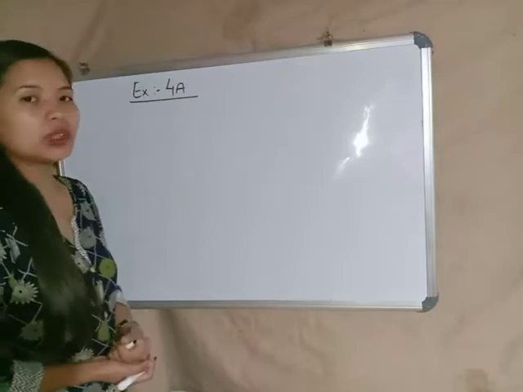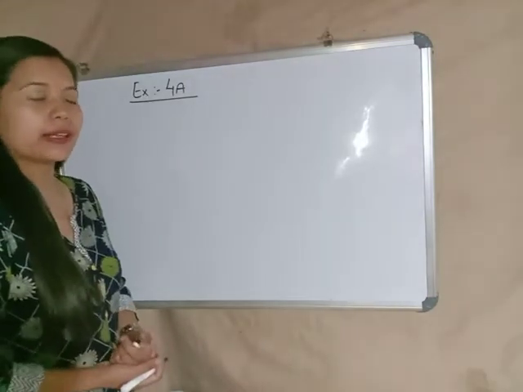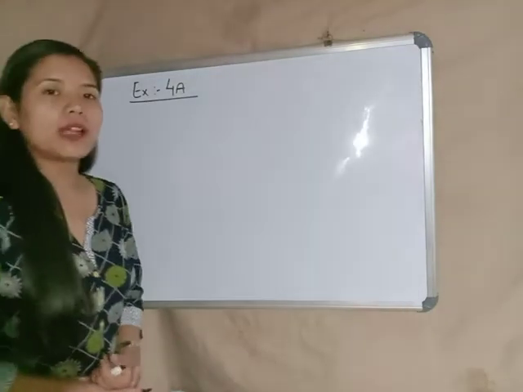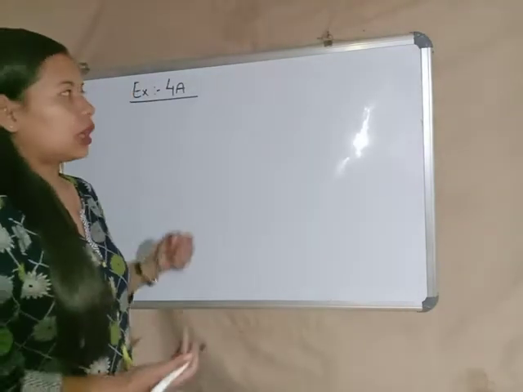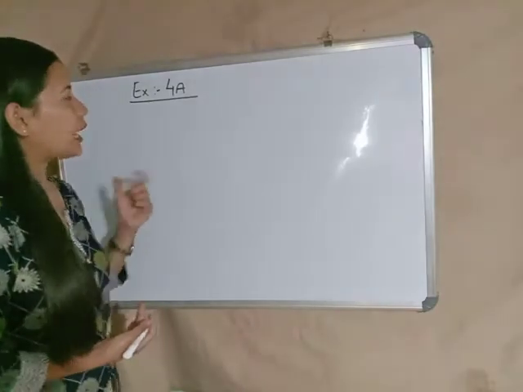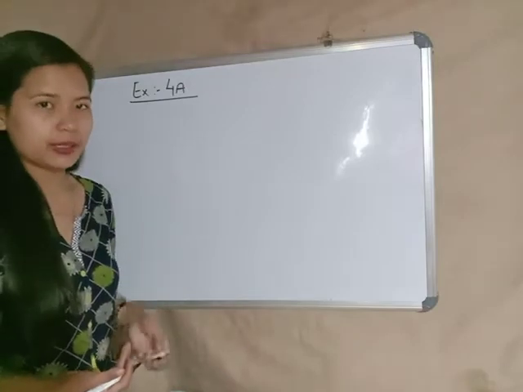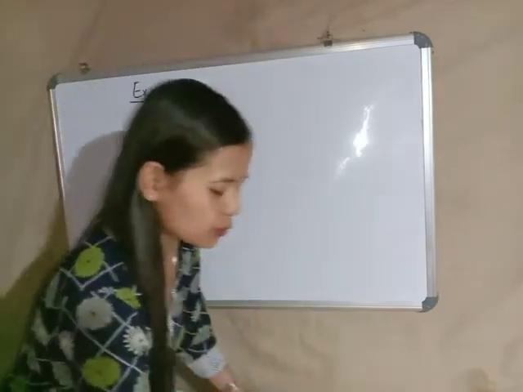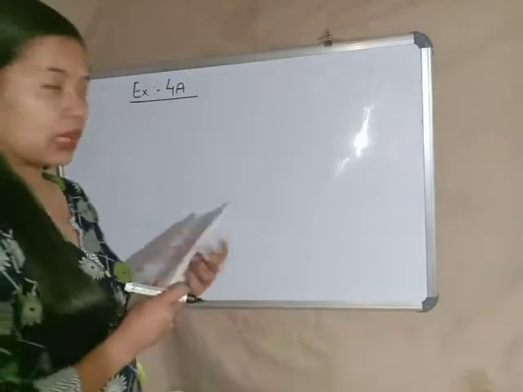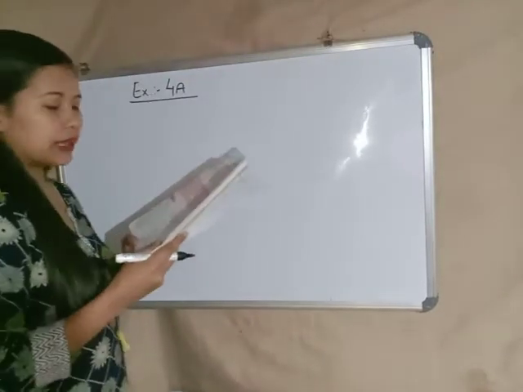Okay, so we have already learned what is a profit, what is loss, what is cost price and what is selling price, and we have also learned how to use the formula in the given question. With that knowledge we will be solving few more questions from this exercise. Question number 1, 2 and 3 I hope you all have done. It's pretty simple. Question number 4 I would like to explain it for you.